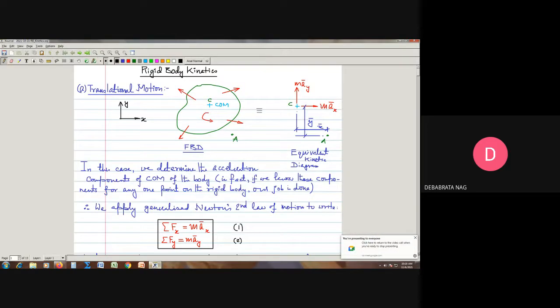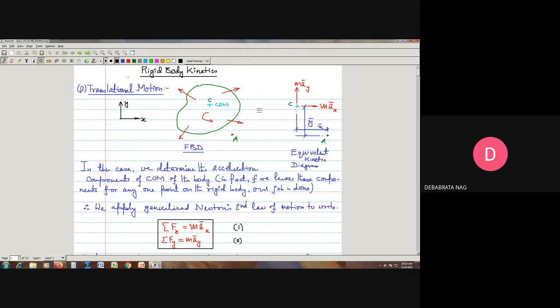So, students, we will be meeting in today's class to discuss what is known as rigid body kinetics, and we will start with our discussion of kinetics. As you know, without the knowledge of corresponding kinematics, the kinetics part is of course not complete. And if you recall, our rigid body kinetics is divided into three categories depending upon the kinematics of the rigid body.